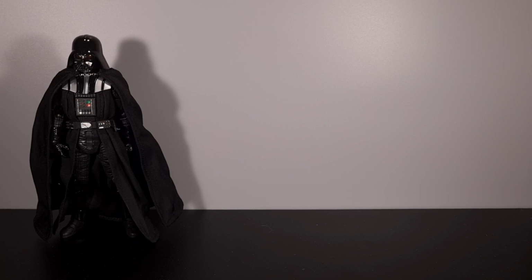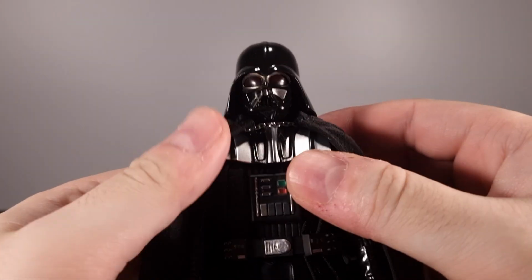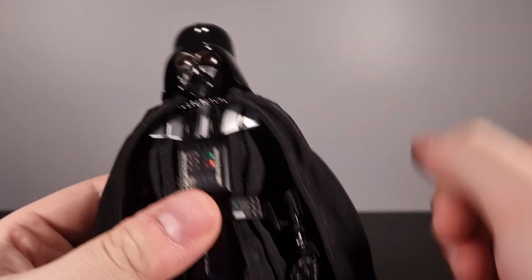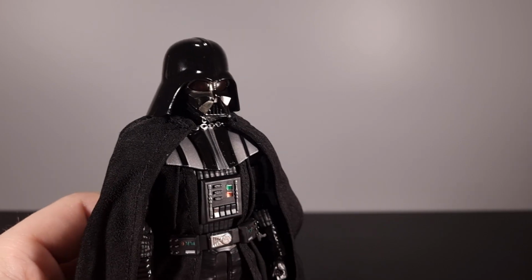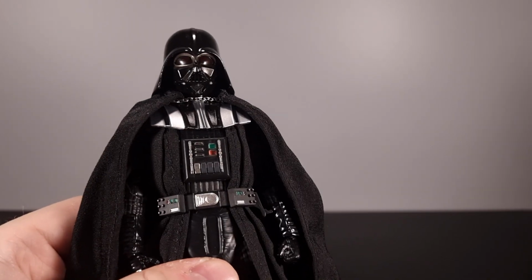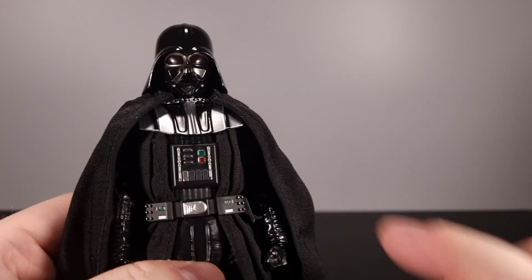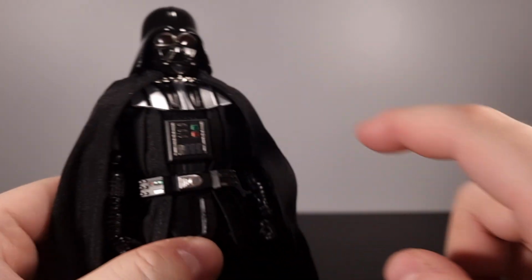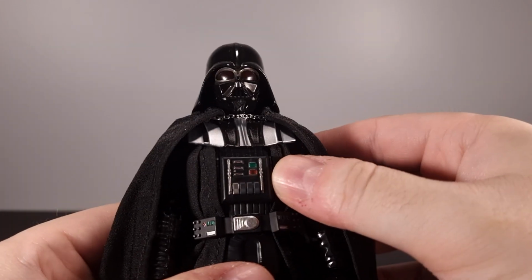Like I said, a large array of accessories. I really do appreciate the amount of effort Tamashii put into this guy, aside from the cape, but we'll get to that. In terms of details, it's insane. The helmet is accurate almost to a fault, because they've even put in sort of silver paint apps that, if you don't know, in A New Hope,